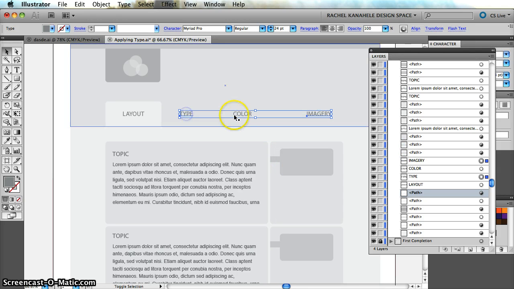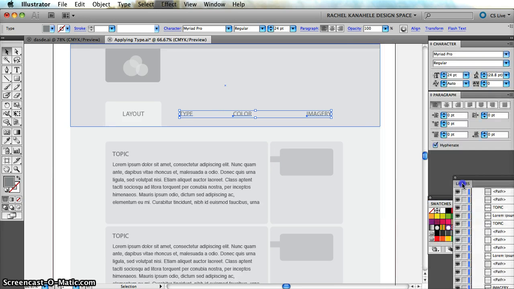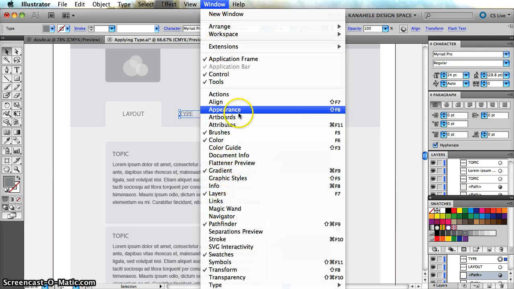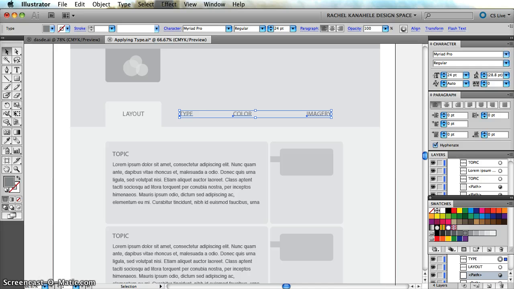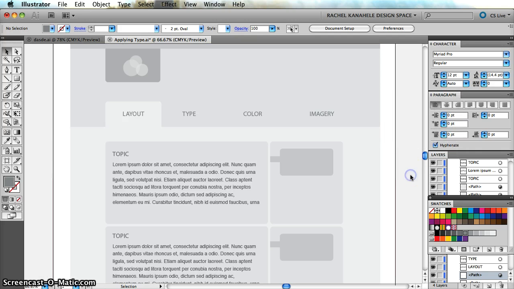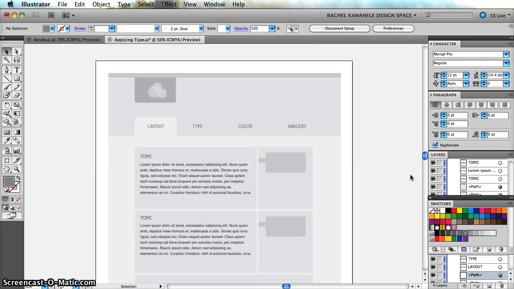And then I'm going to highlight both of these, and go to my align options, and select this option. It's distribute spacing, and it's going to distribute horizontally, so they're evenly spaced right in there. That's exactly what I need. I'm going to move this over just a little bit. Okay, let me move it back. Okay, that's good. Alright, so now that we've changed our layout,